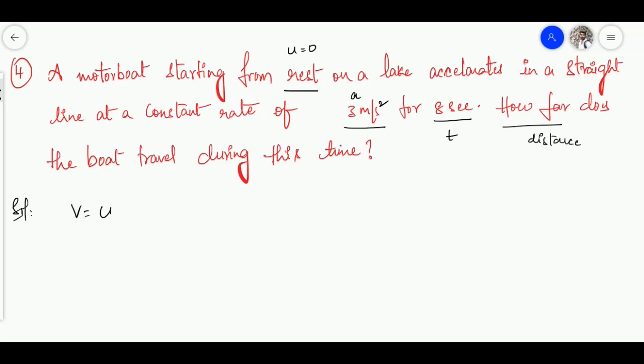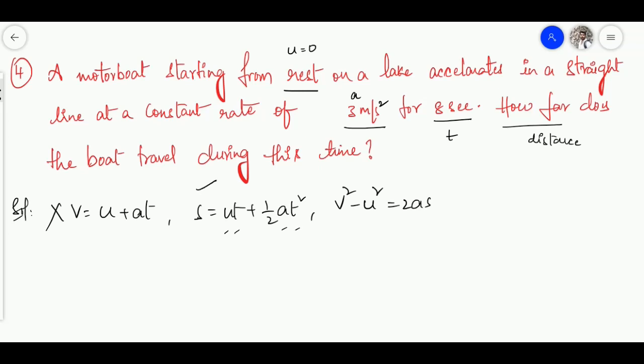That's a very straightforward question. So let's go from the very basics. These are the equations which we have. Now let's find out which equation we have to pick up. I have to find s. There is no s in the first equation, so no need to bother about this one. Coming to the second one, we have to find s. That means every other term should be known. We know u, we know a, we know t. That's fine. We can use this.